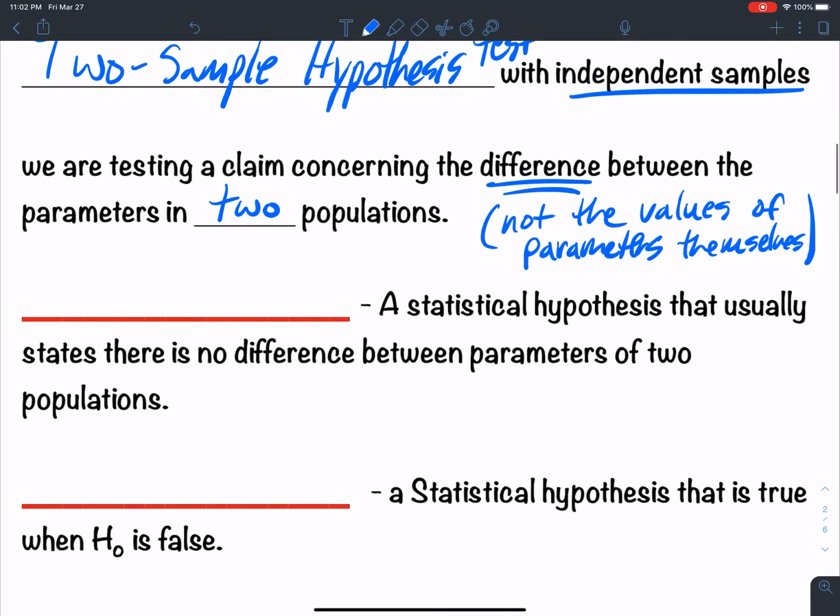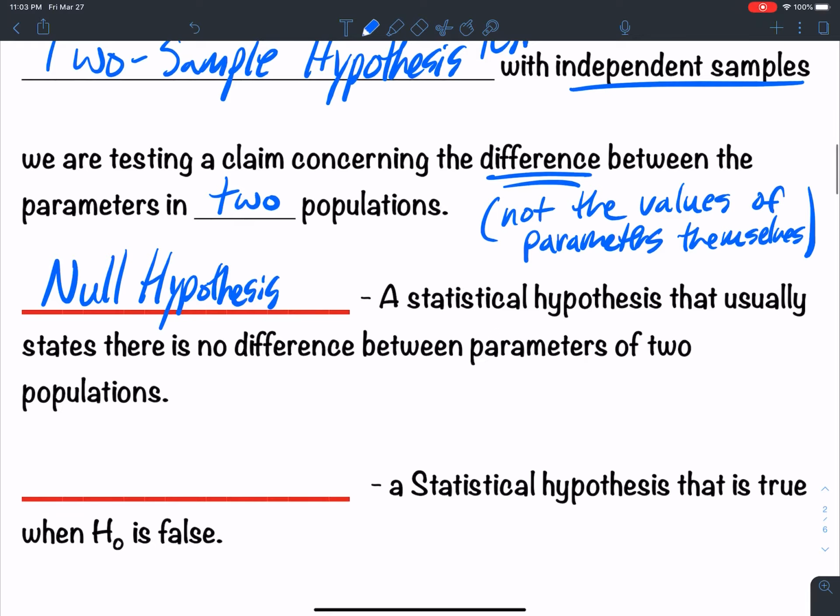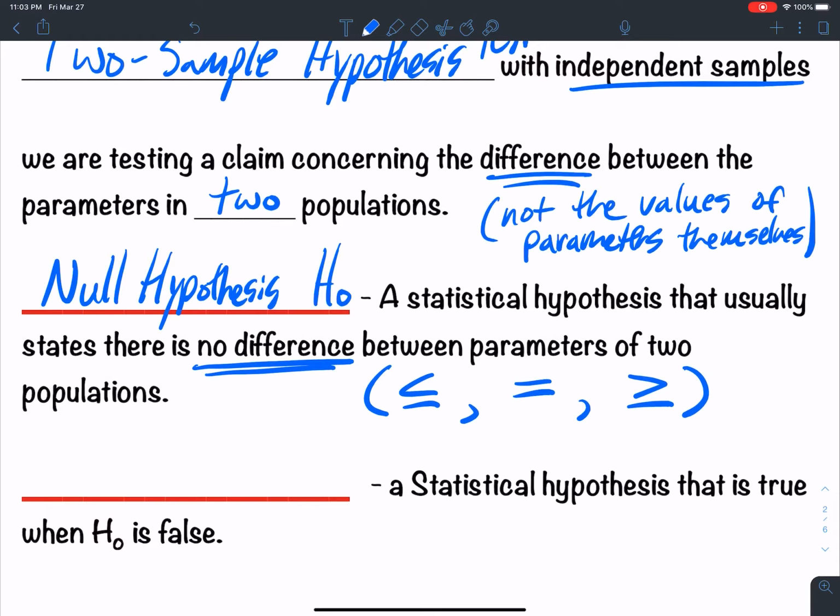So the way we set this test up, we have a null hypothesis. Look familiar? The null hypothesis, the H0, okay, is a statistical hypothesis that usually states there is no difference between the two populations, right? No difference. Now, with the null hypothesis, it's the same thing. I have equality. All right, I have equality here. The alternative hypothesis,